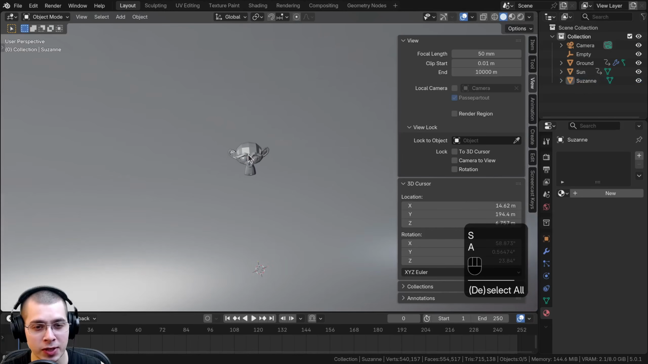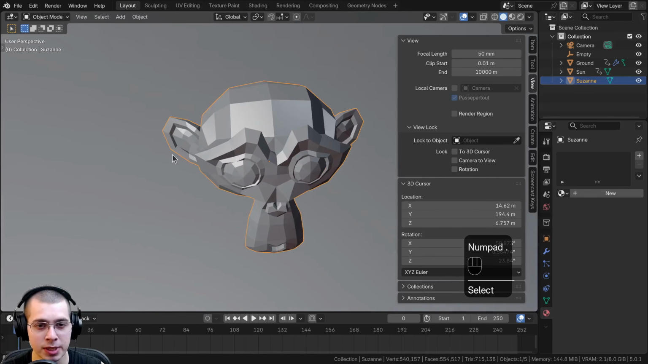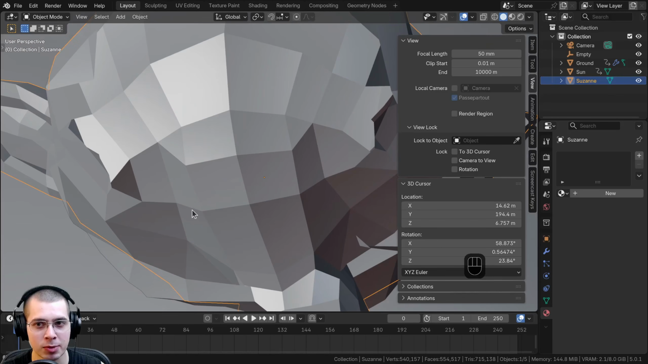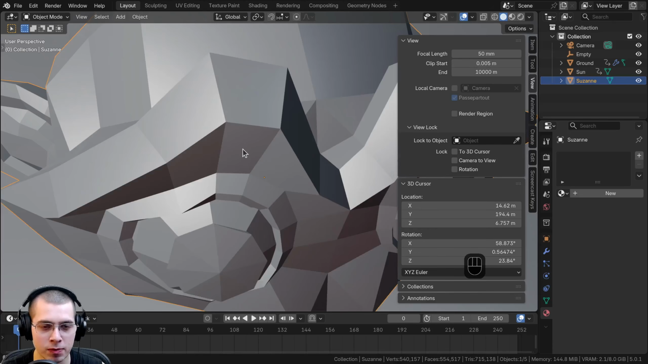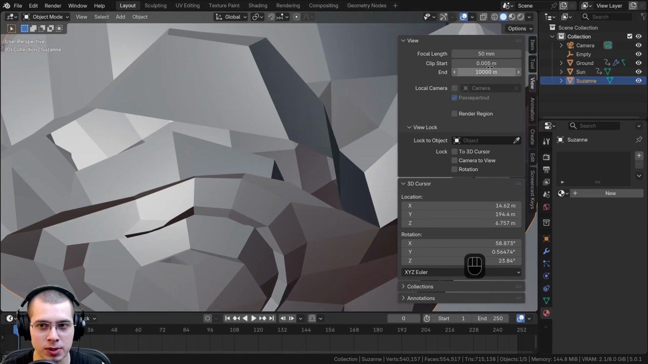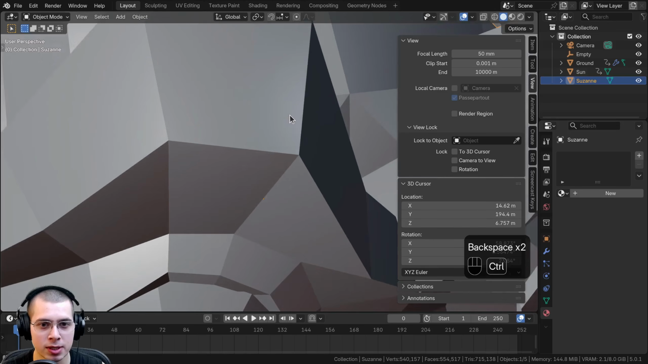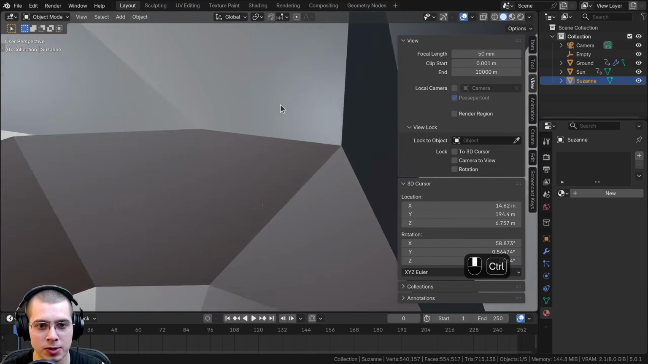Now the same thing can actually happen for really small objects. So if I have a very small object and I zoom in, you can see it is clipping just a little bit there. So what I can do is take the clip start and maybe turn this to like half the size, maybe like a 0.005, and now I can zoom in quite a bit closer, maybe even turn this way down to 0.001,